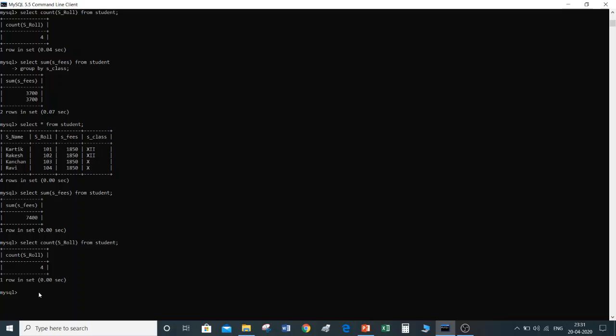Now let's learn the use of group by clause. Suppose I want to find the total of fees class wise. Then I will write the SQL command, select sum of SPs from table name student group by S class.